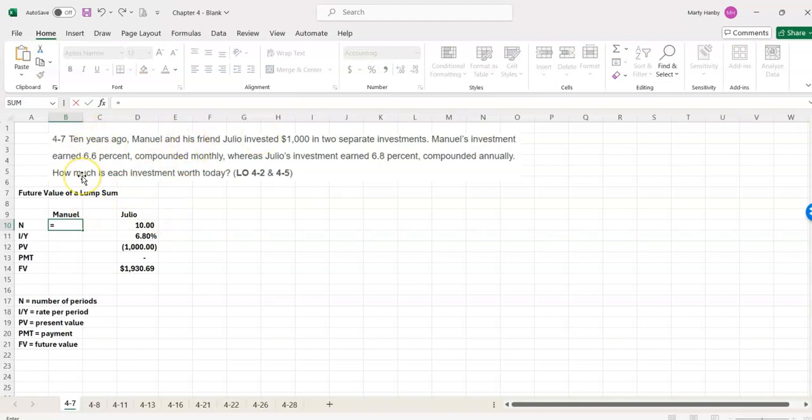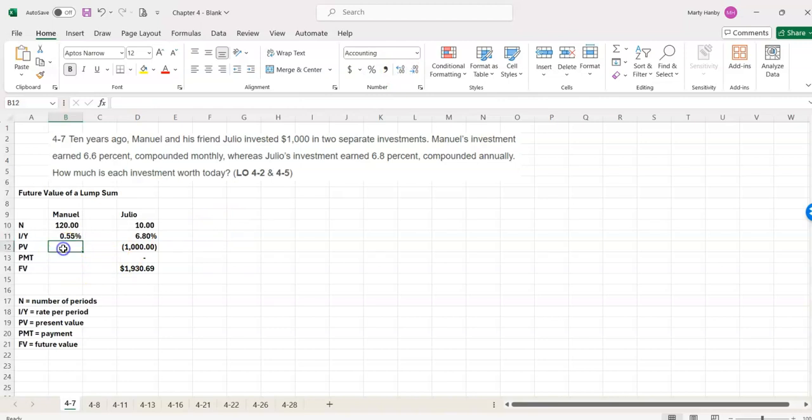All right, so now Manuel's is compounded monthly, so we need to calculate the number of months. So we're going to multiply 10, the number of years, times 12, and we get 120 months. So now we have to make our rate a monthly rate. 0.066 divided by 12. So our rate, I do some formatting. So I hit the percent key, add a couple of decimals,